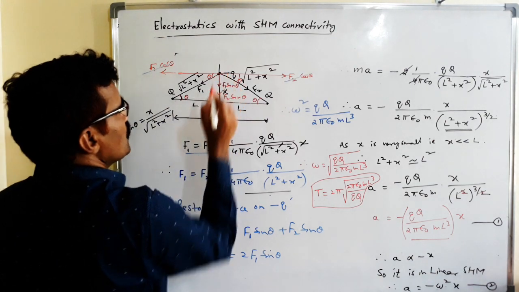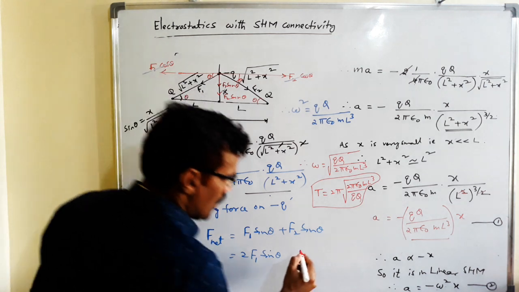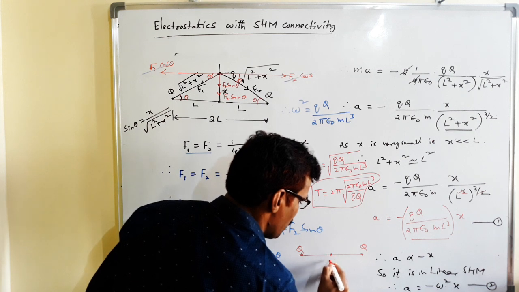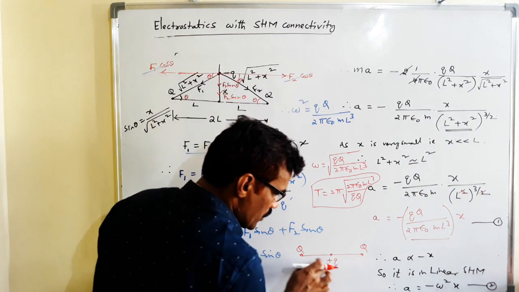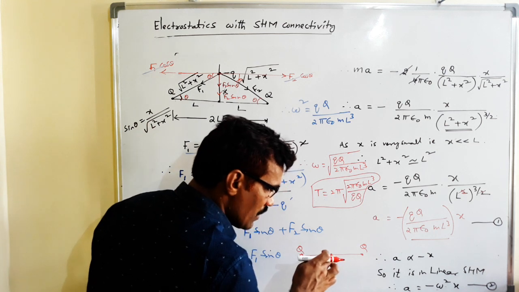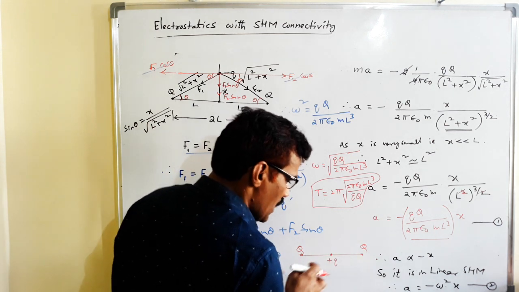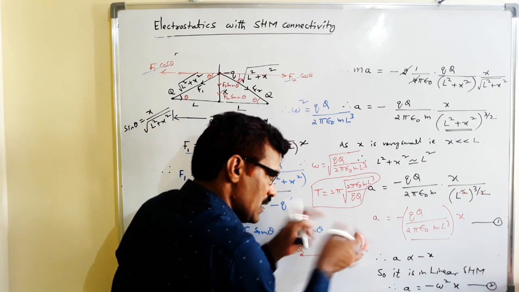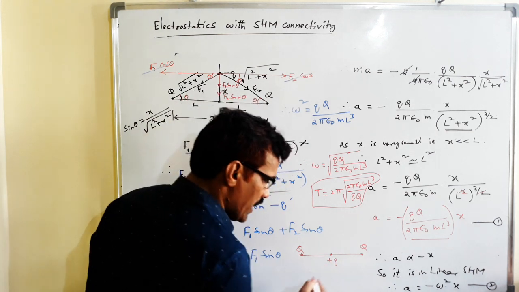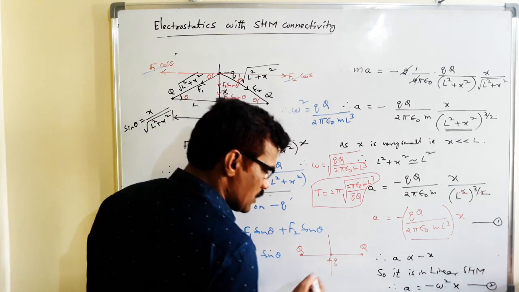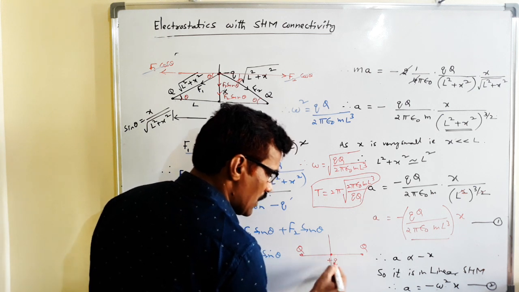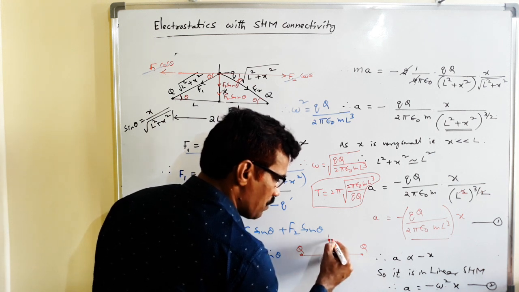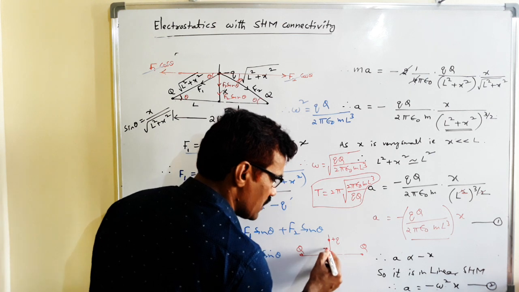That's why if it is a negative charge, it is executing SHM. Suppose this is the positive charge, what happens? Suppose here a positive charge is there, sir. So here QQ positive, and at the midpoint also a positive charge is kept. The positive charge displaced along the line joining them is in SHM. If it is negative and displaced slightly perpendicular to the line joining them, it is also in SHM. Suppose here plus Q is displaced slightly, lateral displacement perpendicular to the line joining them, what happens? Here the charge is there, net force is 0 at the midpoint. Now it is kept at this point, displaced here by x distance, what happens?